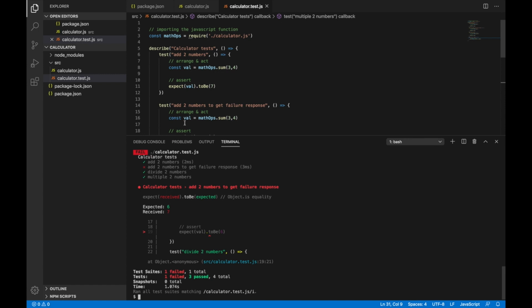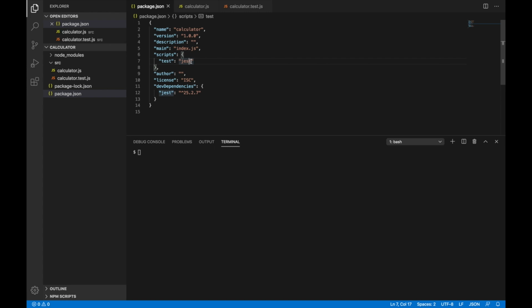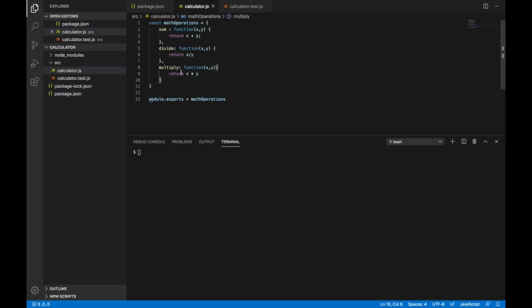Another thing you can do is run these tests in watch mode. Watch mode means whenever you make any changes to these tests, your tests will be run automatically. I'll go to the package.json and edit the script to add a property called watchAll in jest.